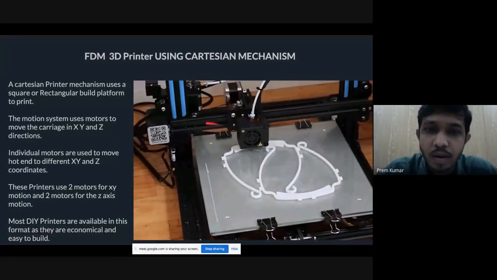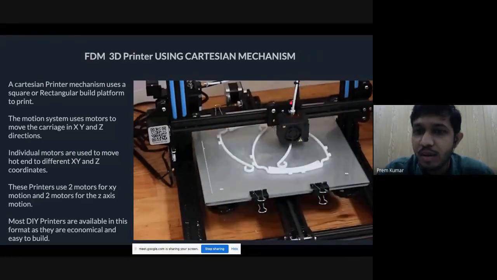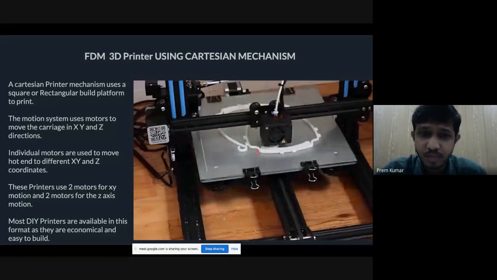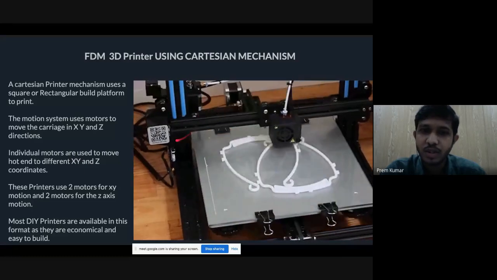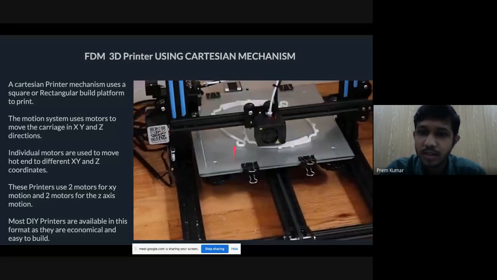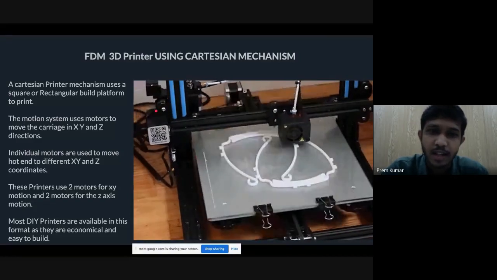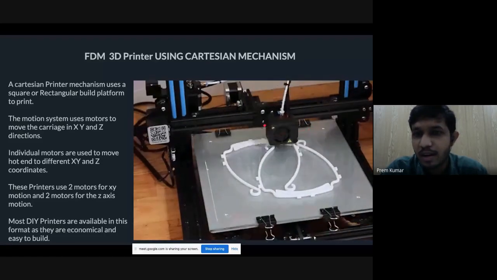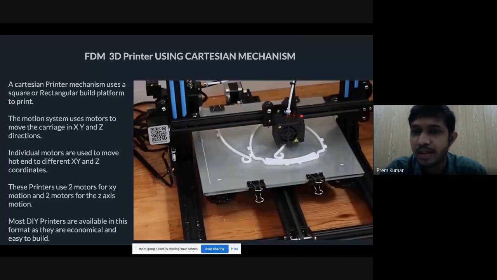So this entire carriage moves up in the Z direction as soon as the layer completes printing. In this mechanism, there is one motor for the y-axis, and another motor mounted on this side here, which is moving this hot end carriage left to right, only one motor moving another axis.